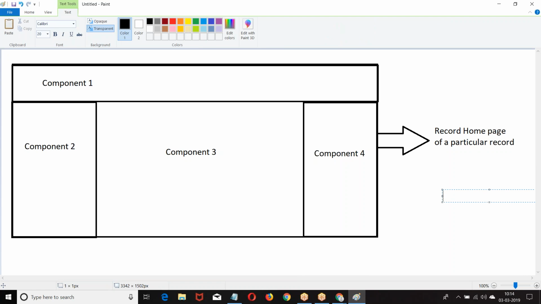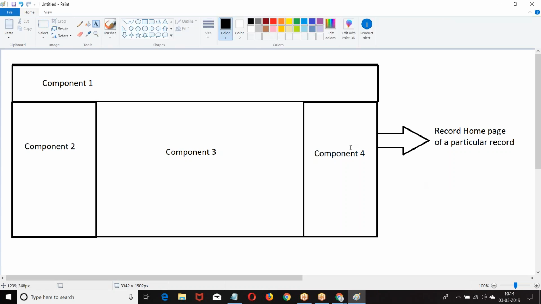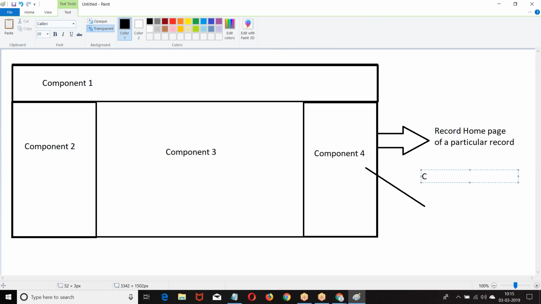When you add a component on this record home page, and your component wants to refer to the ID of the record,